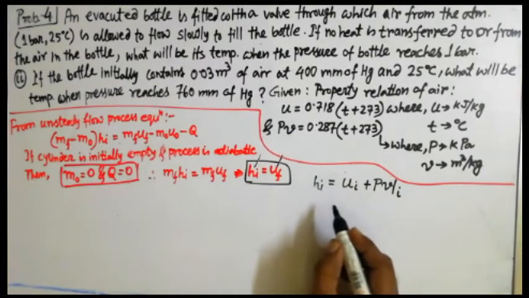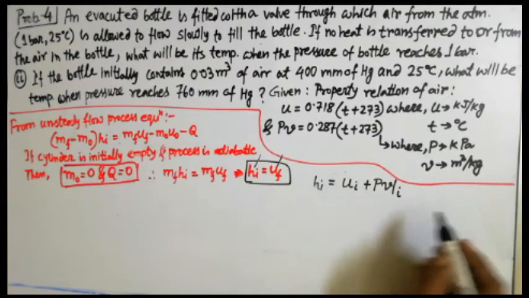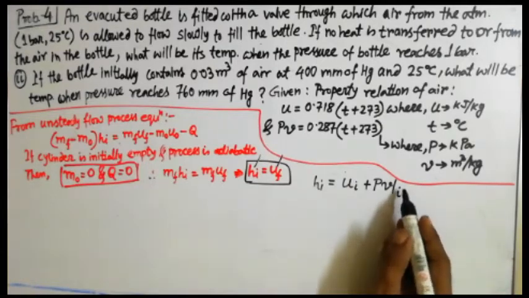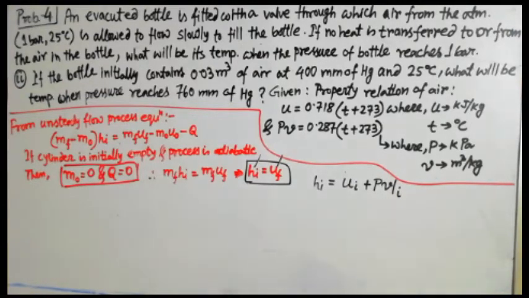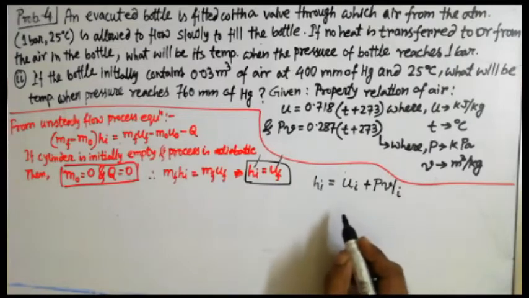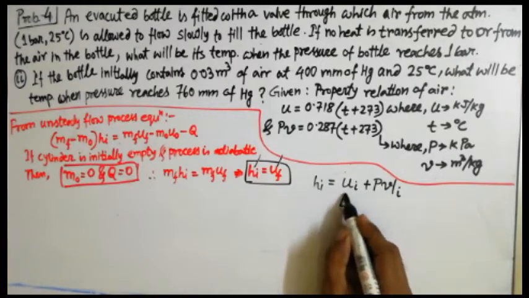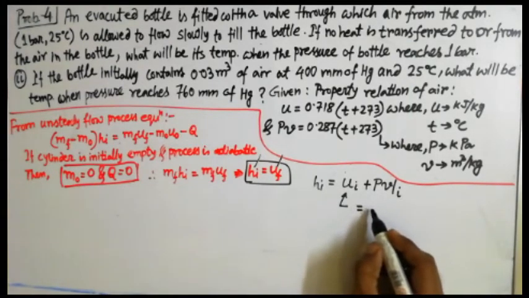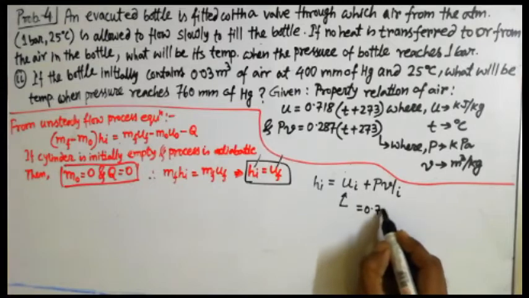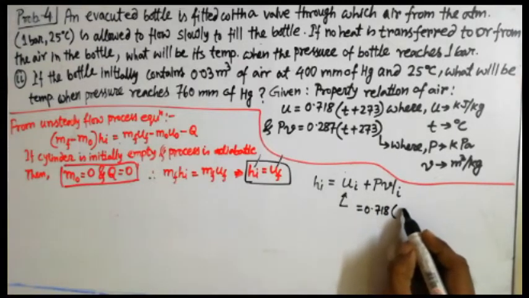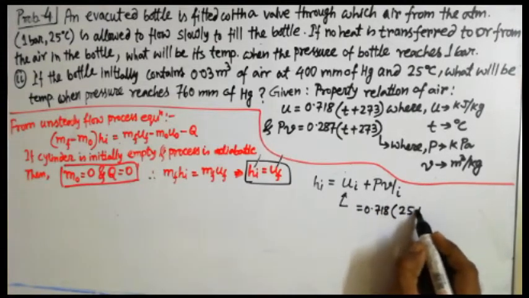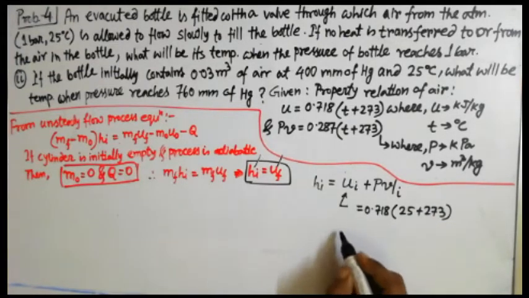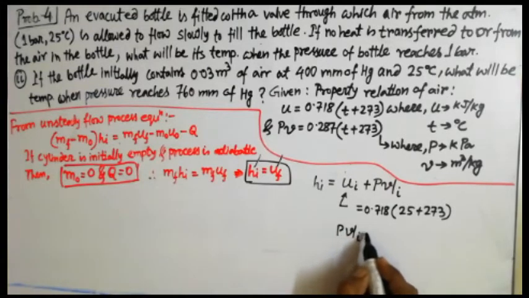Initial enthalpy, specific enthalpy, basically H is equal to U plus PV. While you are going for the initial stage, the subscript i comes. Here the Ui expression is given. You can find out Ui very easily: 0.718 multiplied with the temperature, that is 25 degrees centigrade plus 273. That way you get the Ui value, and Pvi can also be found